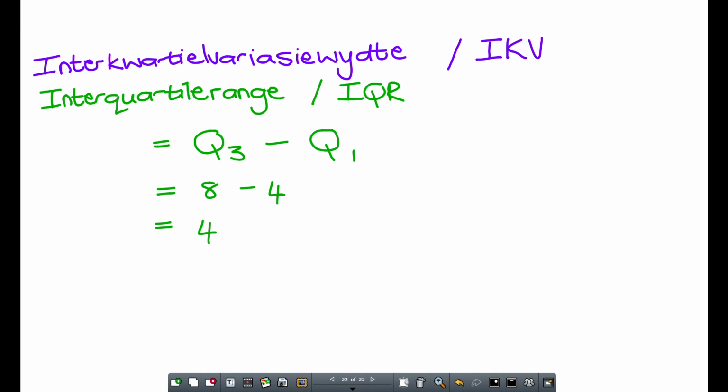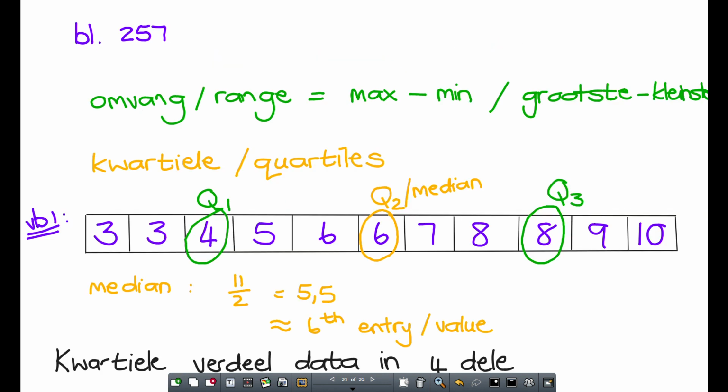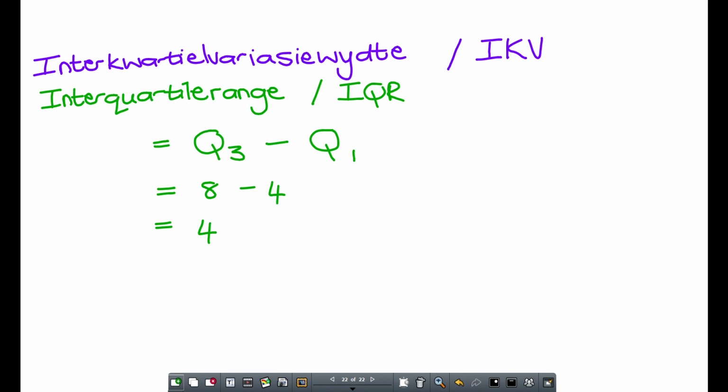Julle lyk super aan die slaap. Let's use an example where we don't have an uneven number. Want by hierdie enetjie het ons mos nou 'n ewe getal gehad. Ag, 'n onewe getal. So daar was net enetjie in die middel, né? Nee. Okay, let's do another one. So nou kan jy vir jou 12 blokkies trek.